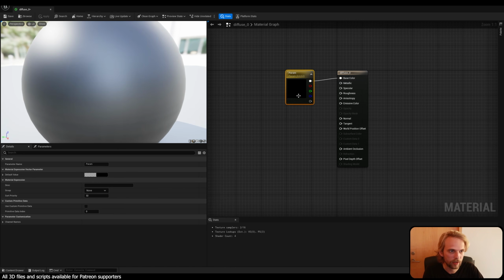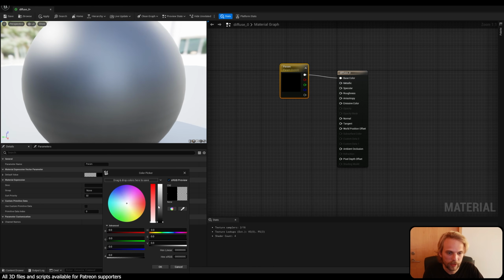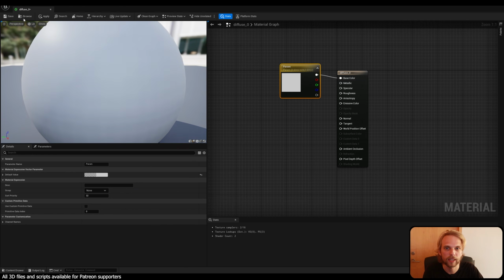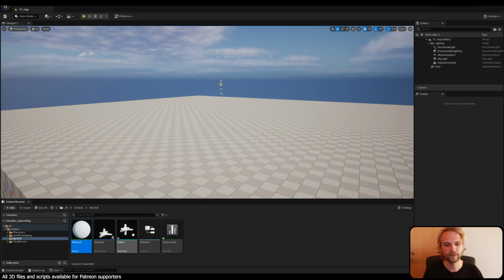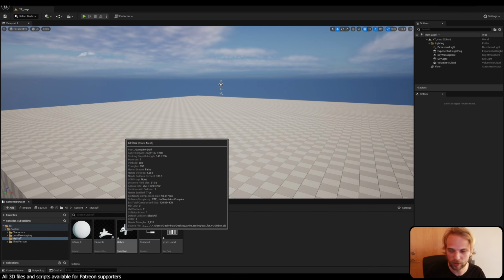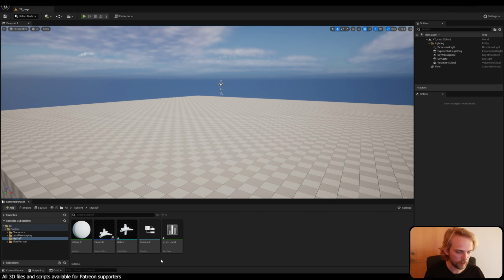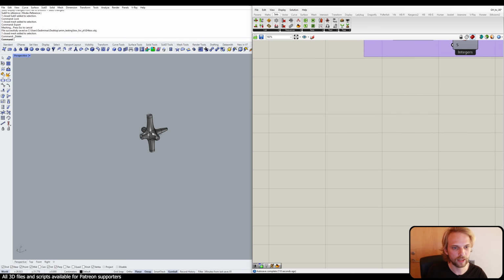And here, when I select this param tab, I can change the default value of it from black to, let's say, medium gray, something like that. Hit save, hit close. It's just going to be a little bit brighter, a little bit nicer. Okay, now let's go back, and actually instead of working with it as a